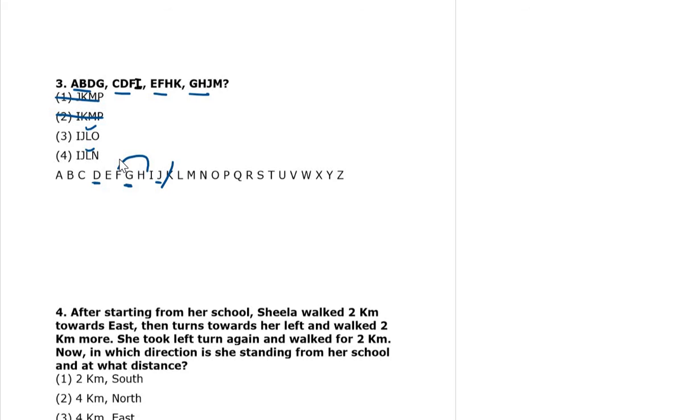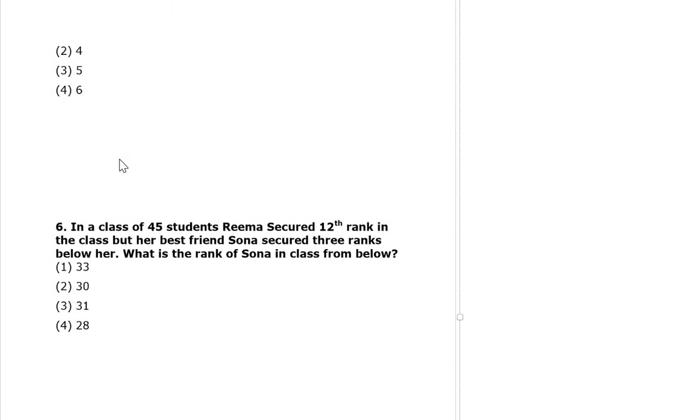Okay. Next question. After this one, how they formed the fourth letter? Fourth letter is after D, they leave two letters. E, F. F, G, H. H, I, J. Like that for our letter L. Leave two. We have to find O. The answer is I, J, L, O. Okay. Come to the next question.